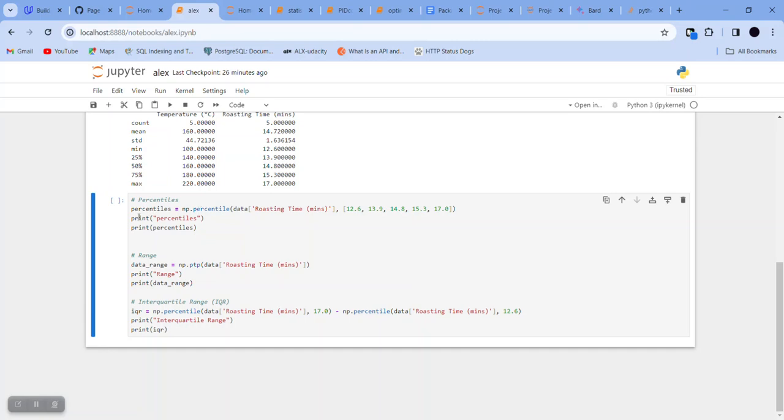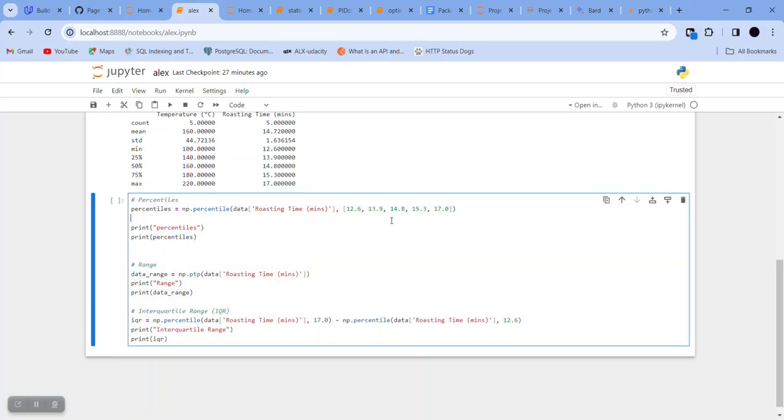So the first thing we want to do is to find the percentiles, and to find percentile is very easy. When you call numpy, remember that this np simply represents numpy. Now when you call numpy, you call a method in numpy called percentile. You might not be able to remember all of this method yourself. Okay, so the best way you can do it is to use maybe something like ChatGPT or any other AI, and you say something like, how can I find percentiles with numpy? It should be able to tell you, okay, simply call the method called percentile from numpy, and then you'll be able to find out. So once you call percentile for numpy,